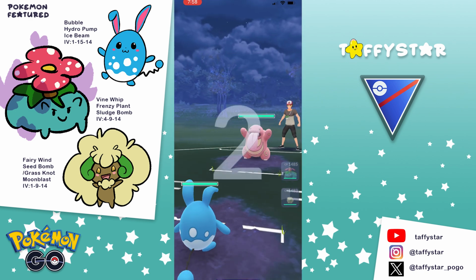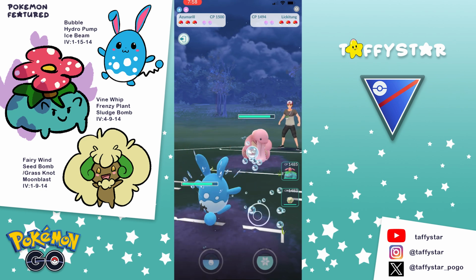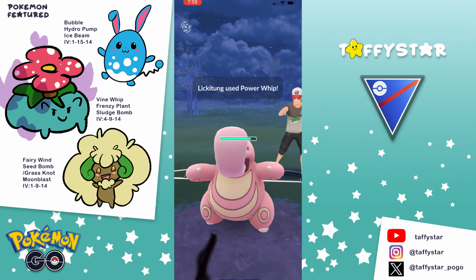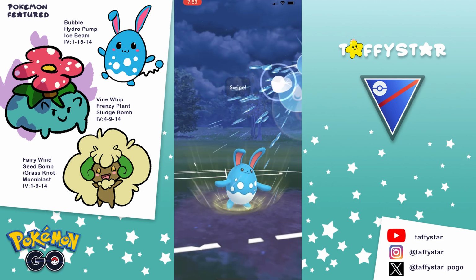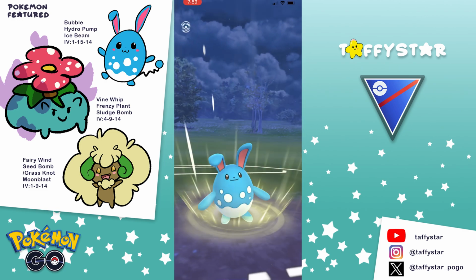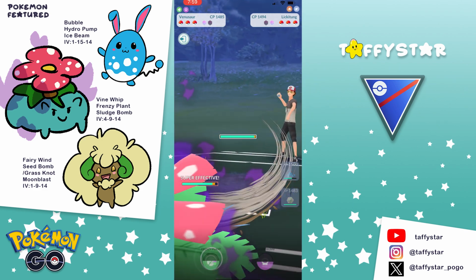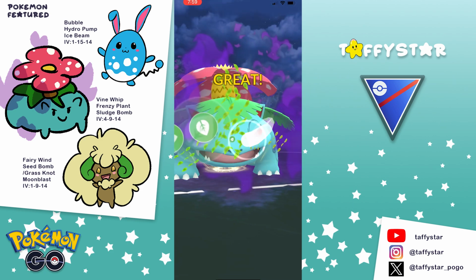loss there. And finally, moving on to the last game of this video, we are going to see a Lickitung on the lead. Now, I'm going to try to weaken it before I swap into my Shadow Venusaur. Gonna go for this Hydro Pump, and my opponent actually decides to shield this, so I am going to stay in here a little bit longer, and I attempted to catch a Power Whip on my Venusaur, but we're not